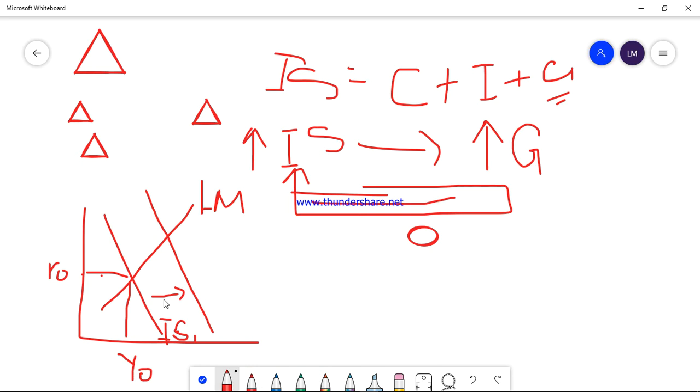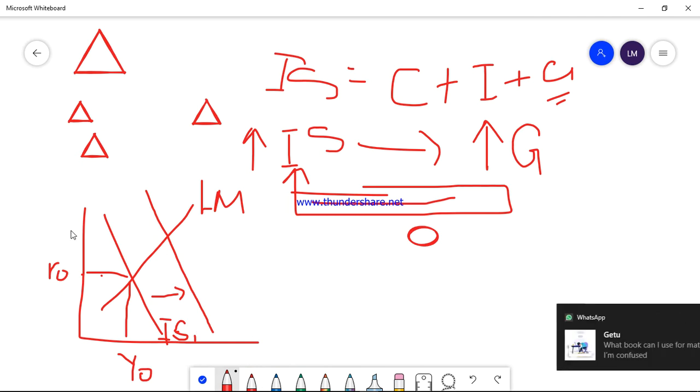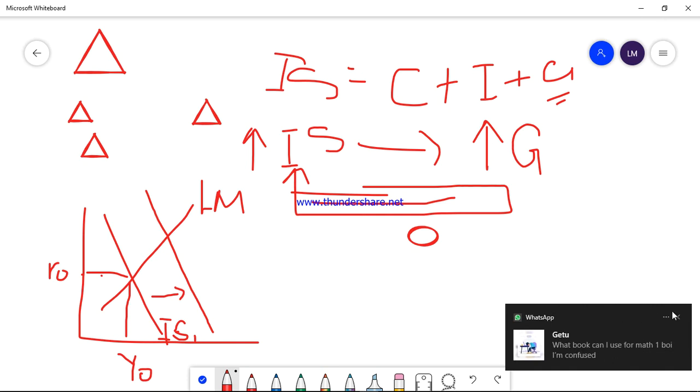So firms are going to respond by producing more. And what we are seeing then, because of that increase in demand resulting from an increase in government expenditure, is that the IS curve, which shows the relationship between income and interest rates in the goods and services market,